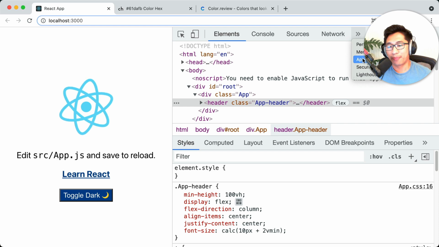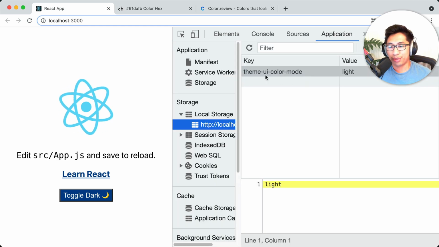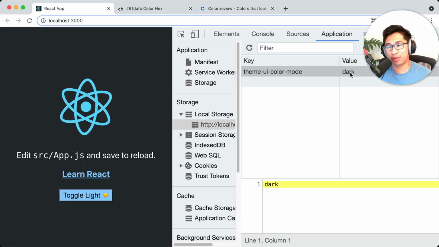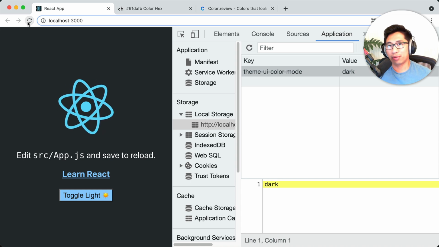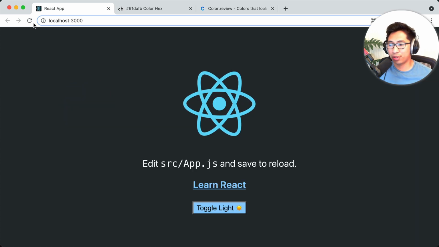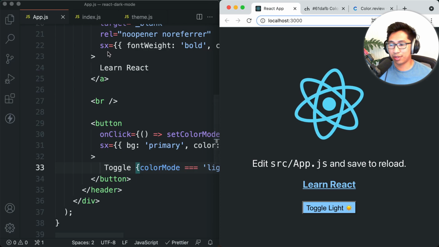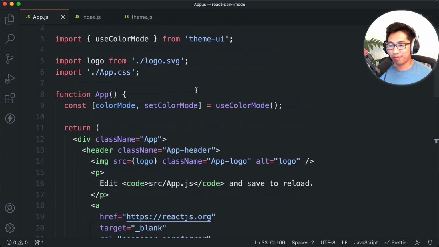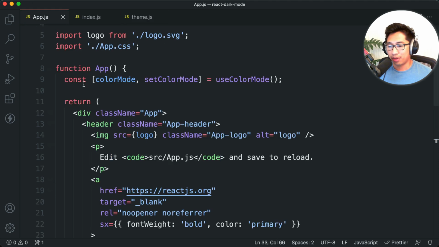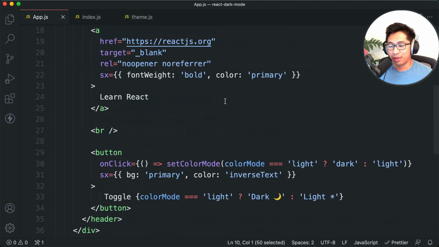So if I open up application local storage here, you'll see that there's a key here for theme UI color mode, which is light. And if I toggle it, it updates it to dark. And if you know about local storage, as you refresh, whatever is in the storage is preserved. It's persisted, right? So this solution is so simple. You could have probably done this in, again, 5 minutes or less. All you needed was the theme, this color switcher, and then just a little bit of configuration with the styles,